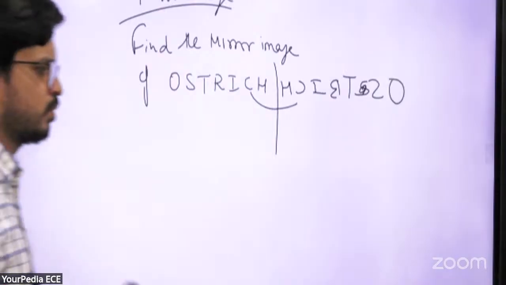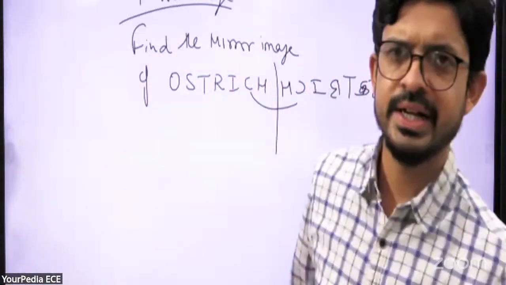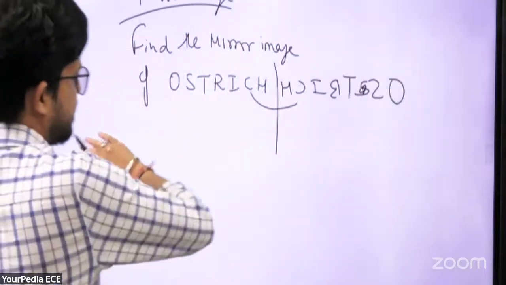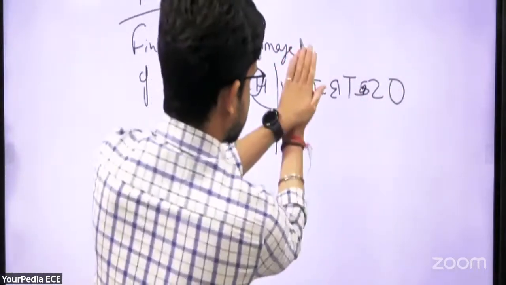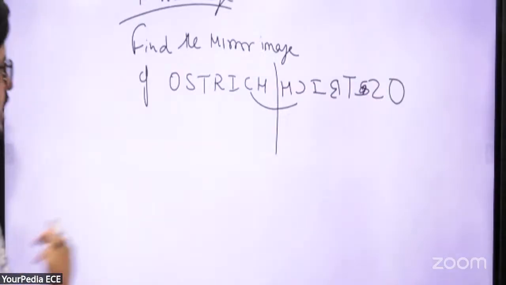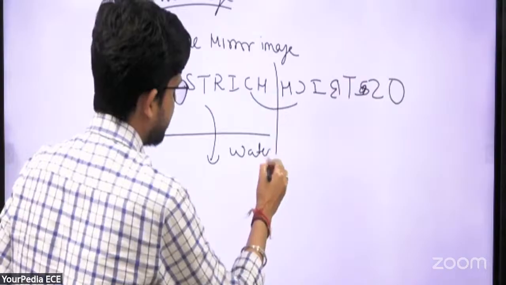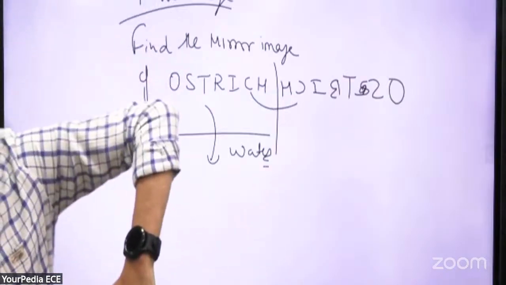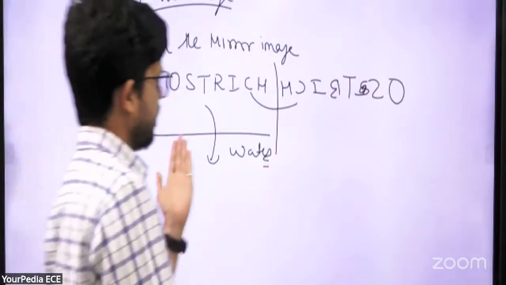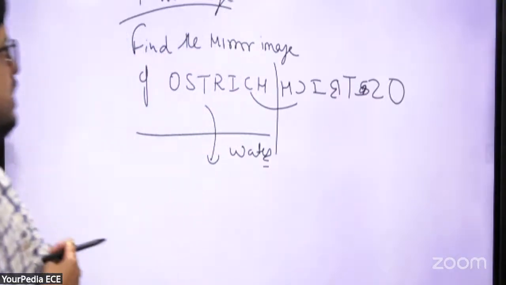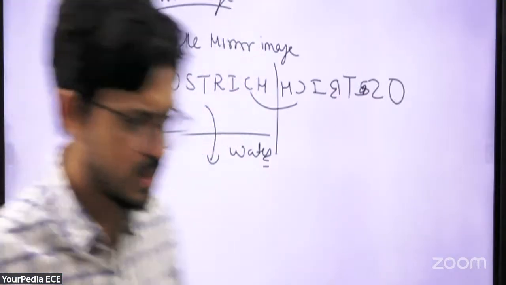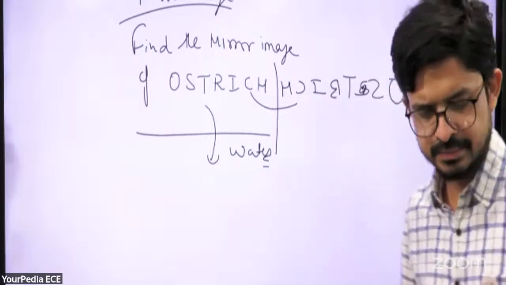So what you have to do in mirror image is just rotate, just flip it. We have to rotate in this way. But when he is asking about the water image, you have to put this type. But in mirror image you have to put this type. So that will be the answer basically. Very simple question. Very, very simple.